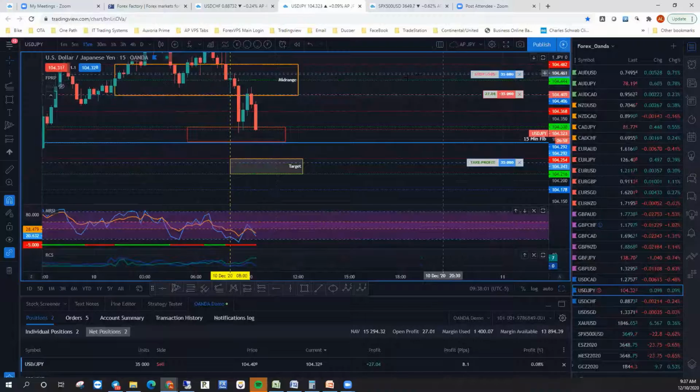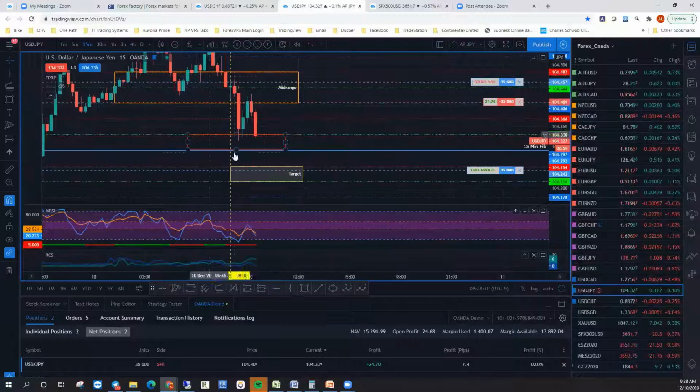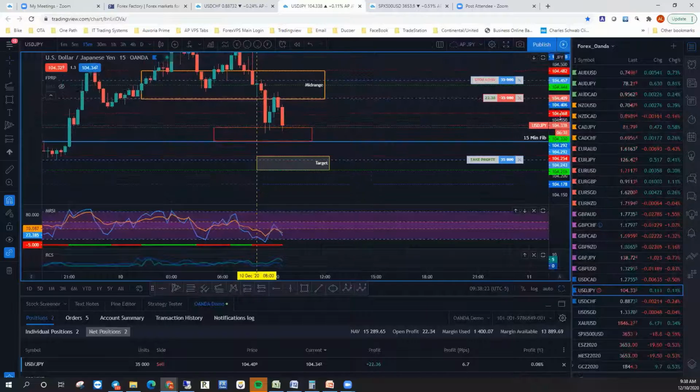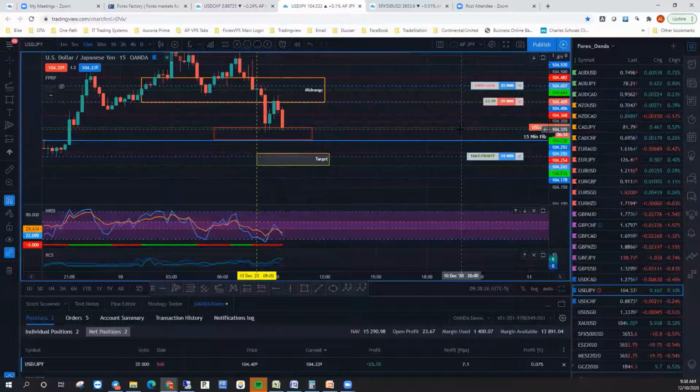This is where it's important to keep your stop where it is on these pullbacks. It's nice when you can take a couple of different positions. Take profit on one, wait for the pullback, take another position, and as it comes back down, take another profit and just keep letting one run. That's so you can catch these bigger moves. I usually like 3 different positions. I'd rather have 3 small positions where I can take one off at a time, but you have to have the account size to be able to do that.